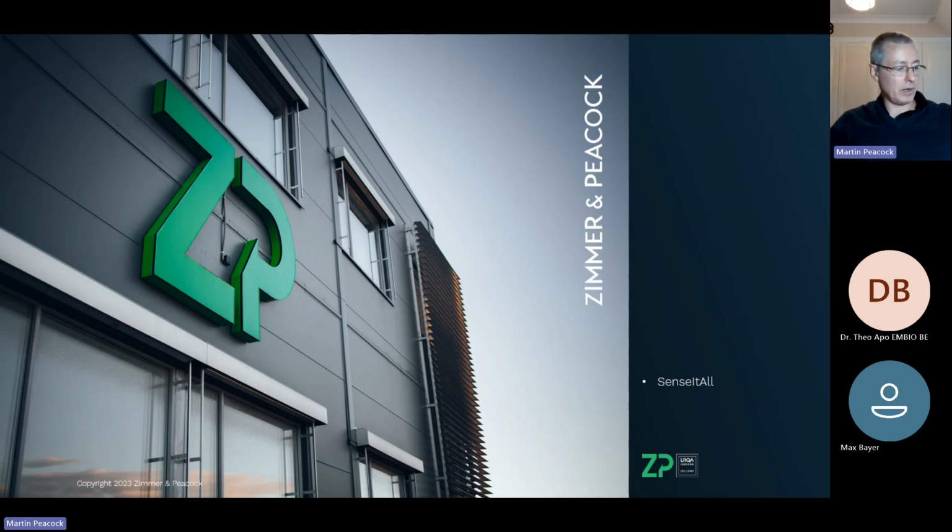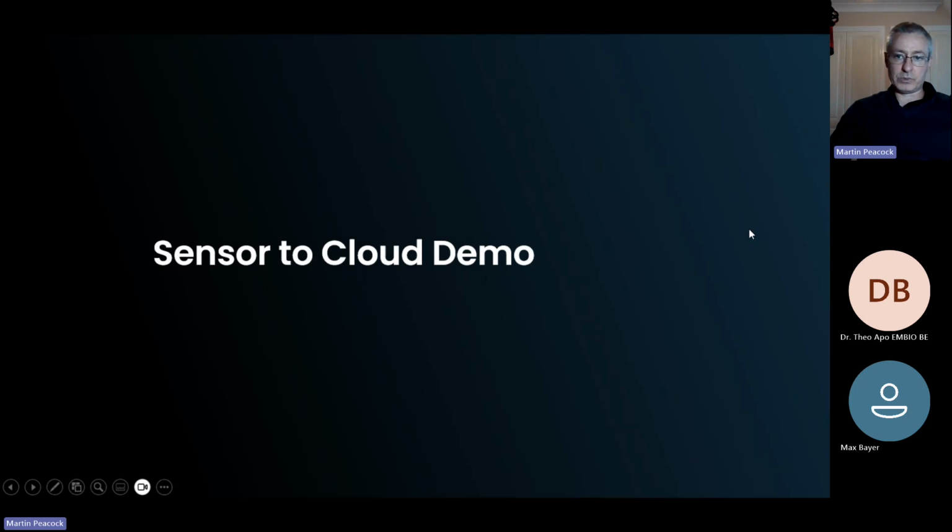I'm going to talk about our vision at ZP to really accelerate the development of assays and get them onto the market. I think too many people spend too long trying things out and not necessarily everything getting to the market, and that's the problem we're going to try and solve. With this slide, rather than talking about this, I might jump straight into a demonstration now. So I'll change my screen to